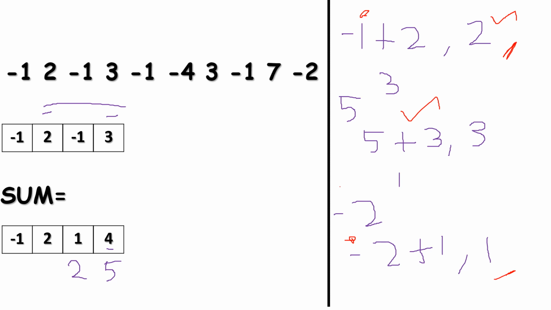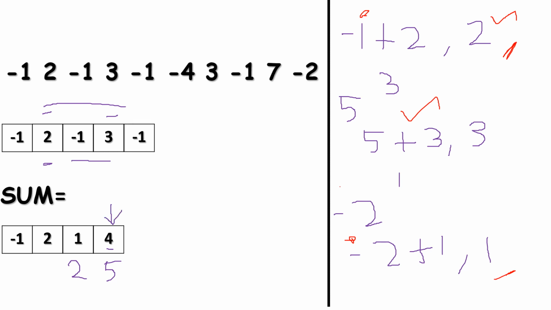The important point here is, if we are taking a new number directly, it means we are starting a new subarray. Or in the other case, if we are adding, then we are continuing our subarray. You can see that we have taken this 2 directly here. This is the start of the new subarray. Or in these two cases, we have added. It means we have continued our subarray. So we have reached 4 here.